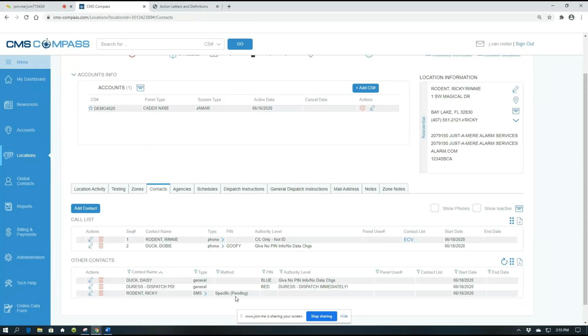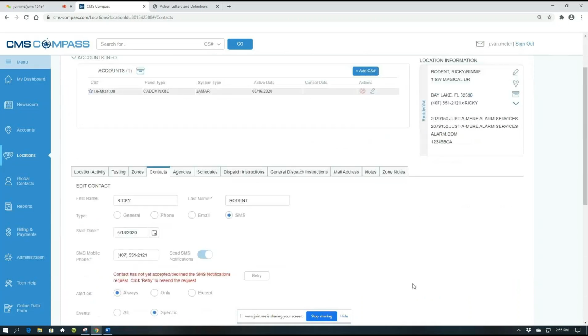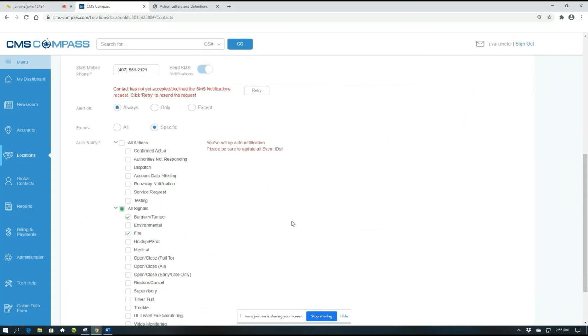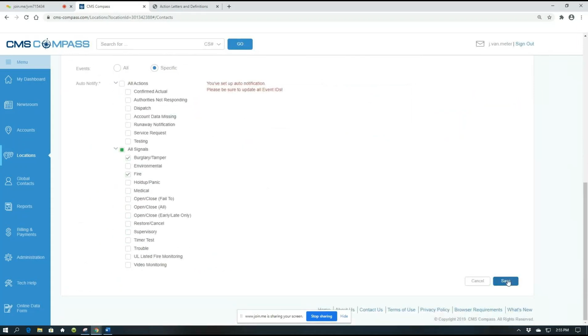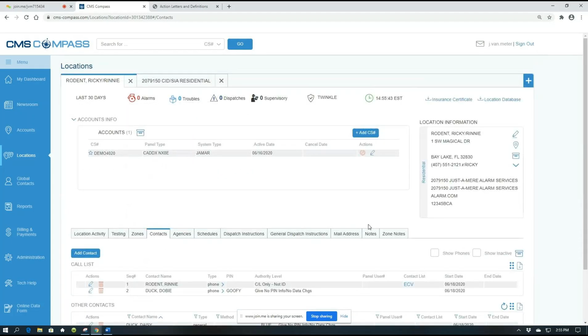Once this pending changes to active, now you know that is an active SMS. He's receiving the notifications he needs to receive. If you ever need to update him, he may say, hey, I'm getting my birds, but it would be nice if I could get my fires as well, since I know we got the kitchen heat in there. Yeah, just go in here and save that and set that up, and then you're good to go. Okay? So you can edit those contacts and do whatever you need to as well on those. So that's our contacts and our zones that I wanted to talk about today in our session. So we're coming up on the